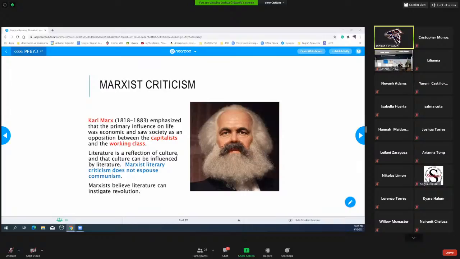But I will say this, that last line where it says Marxist critics believe literature can instigate revolution. Do you believe that? No? So as an example,